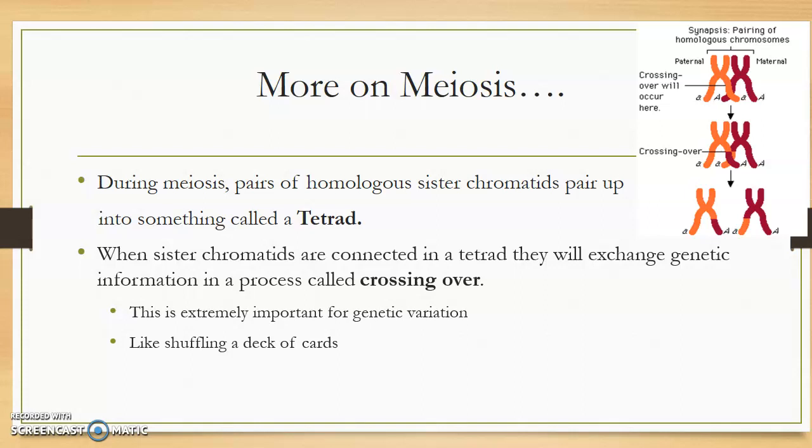So in asexual reproduction, when a bacteria cell replicates, you get 2 new identical bacteria cells. When a human replicates, you get a new organism, a new person that is different from the parents. That is because of crossing over. Think about your siblings. If you have siblings that are from the same parents as you, they don't look the same as you. They don't act the same as you. That's because of this process.